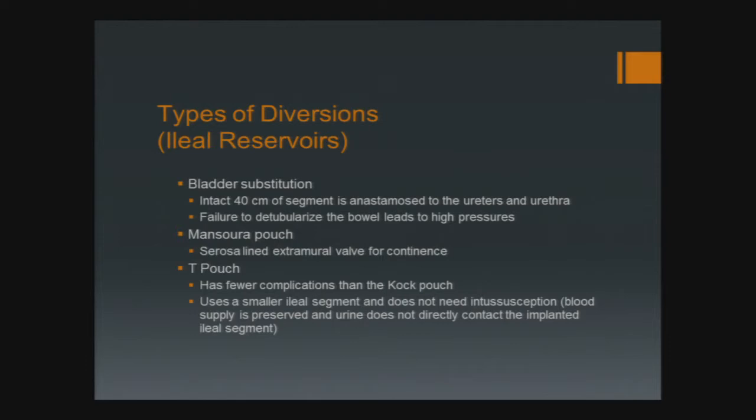There's a bladder substitution. You can use a 40 centimeter segment of ileum. We've mentioned that earlier. I did want to take this moment to talk about detubularizing. So you'll notice that in all of these types of pouches, the bowel is detubularized, and that's in an effort to reduce the amount of pressure that is transmitted back up to the kidneys through presumably a refluxing anastomosis. There's also a Mansoura pouch, a T pouch,